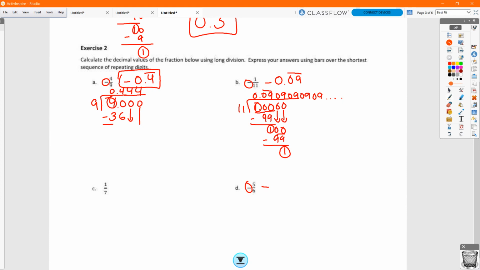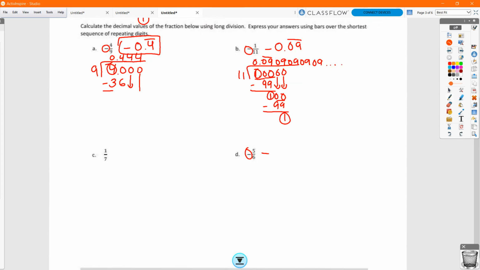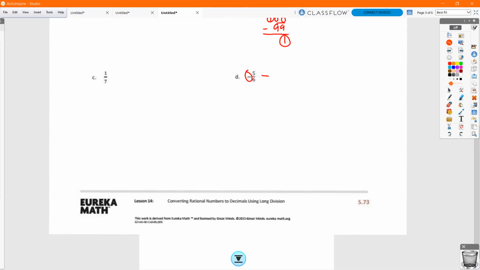All right? Let's come down here to C. 1/7. All right, so we got lucky here. 1/7 is positive, so no worry about a negative sign here. But now we just got to do our division. 1 divided by 7. 7 cannot go into 1, so we add a 0. We input our decimal point up top, add a 0 underneath the house. 7 can go into 10